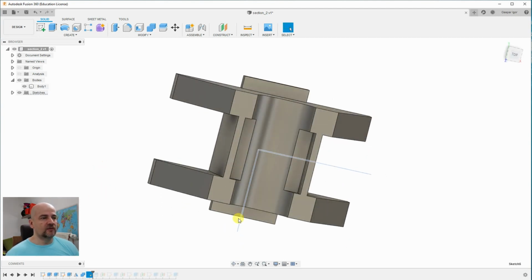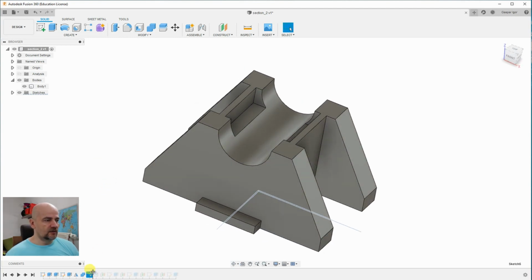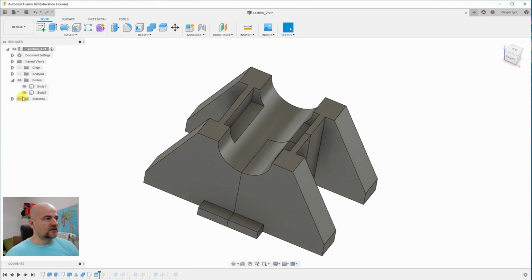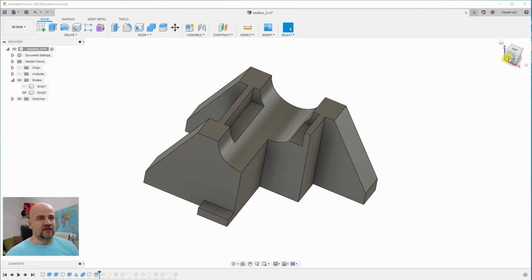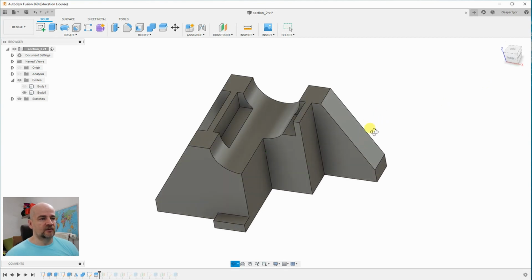For this I use these two lines as a tool for the split of the body. And now I have two objects. This is the first object and this is the second object. And basically this will be in a section. This I want to 3D print. Only I have to create holes for the magnets. I use different magnets, waste magnets in different sizes.